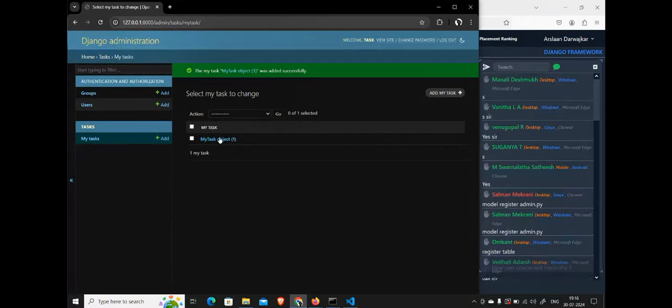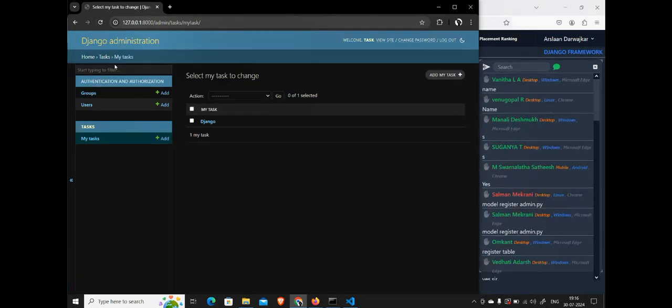Now if I reload here, what should it display? If I reload, what will it display? The name, correct? We have given Django. See, as soon as I reload, now it is giving me Django. Instead of object 1, object 2, object 3, it is giving me the name. Okay,